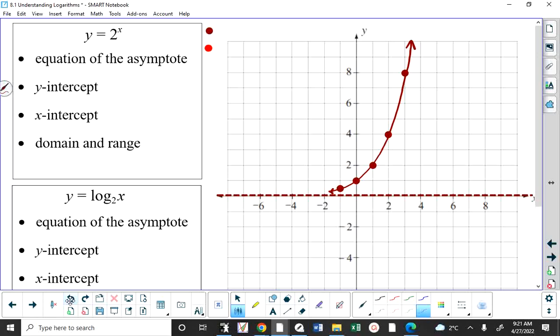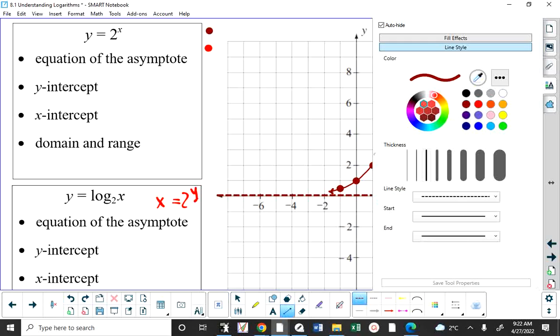y equals 2 to the x and y equals log base 2 of x are inverses of each other. And again, it's going to take a while for this to stick, but what is the inverse of y equals 2 to the x? The inverse is x equals 2 to the y. But how do you write x equals 2 to the y? You write it as y equals log base 2 of x. So if we want to graph the inverse of this,